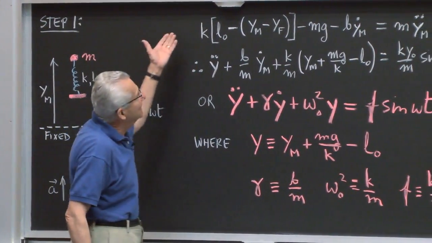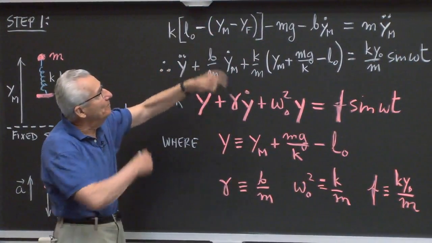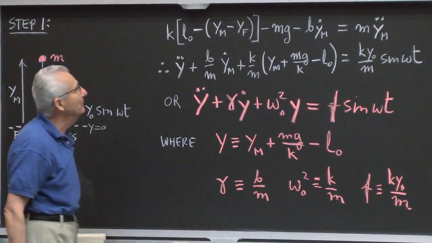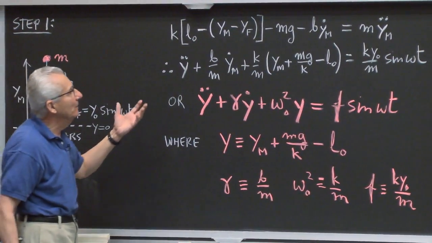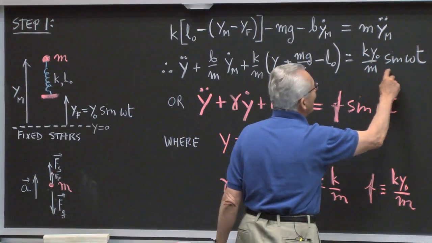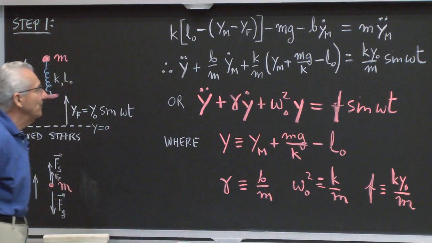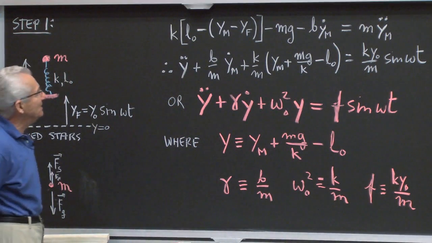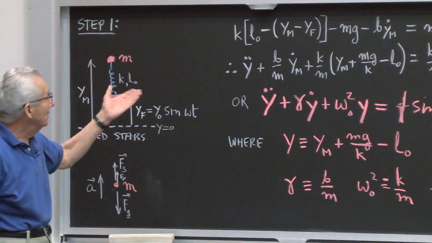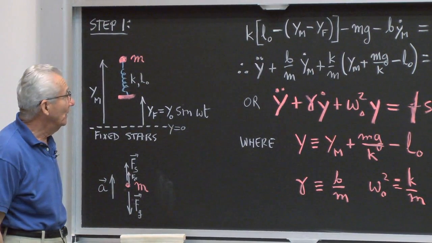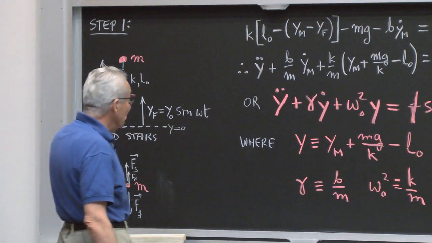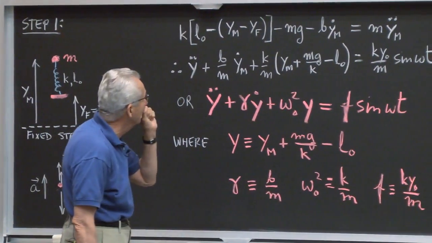Okay, back now to algebra. From here, I manipulate this, and I end up with this equation. You can do the same. And I've replaced y, for example, the motion of the floor, by y0 sine omega t, etc. from here. Okay, and at first I say, oh, hell. This looks different than the equation I've seen before. But then I don't have to be an Einstein to realize, hold on.